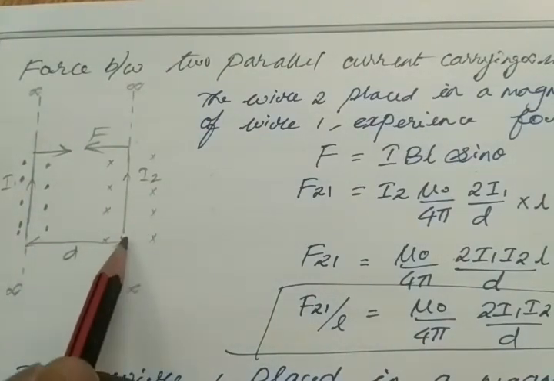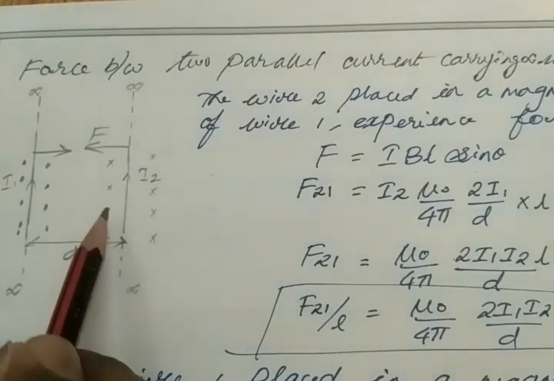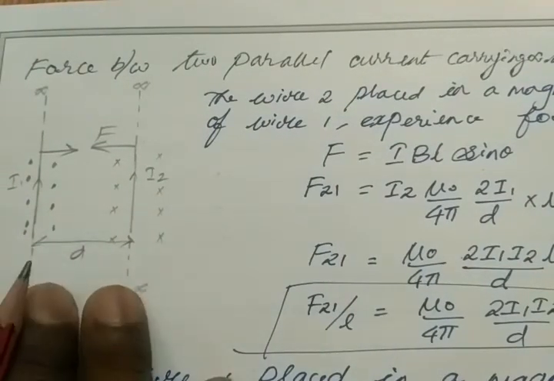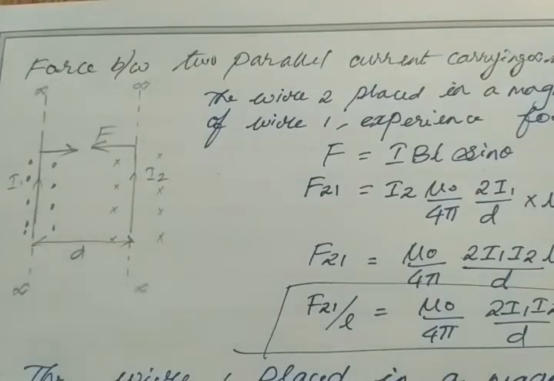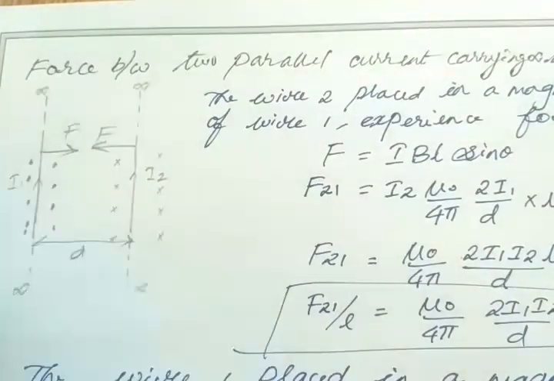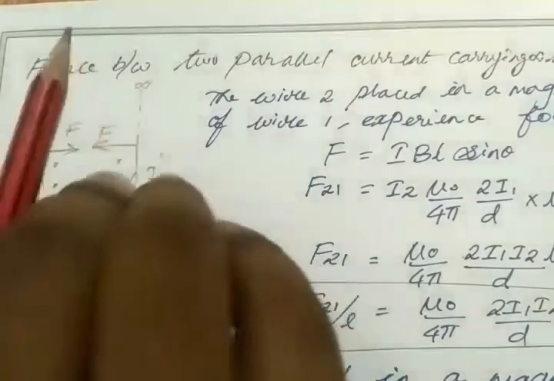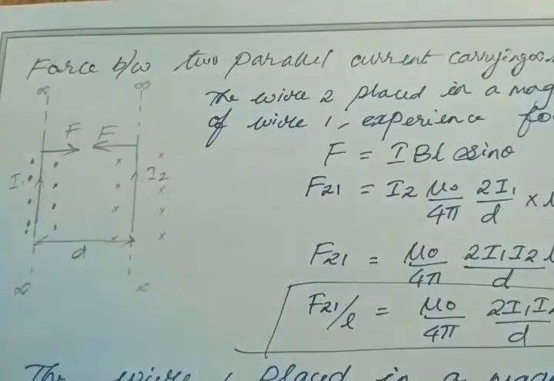Okay, so this wire 2 is coming towards wire 1, wire 1 is going towards wire 2. So these two will attract. As I said earlier, when parallel wires carry current in the same direction, they will attract. Okay, so you will find this by using the right hand palm rule. Here my 4 fingers are going inwards, here 4 fingers are coming outwards. You try it yourself, you will find the same answer.